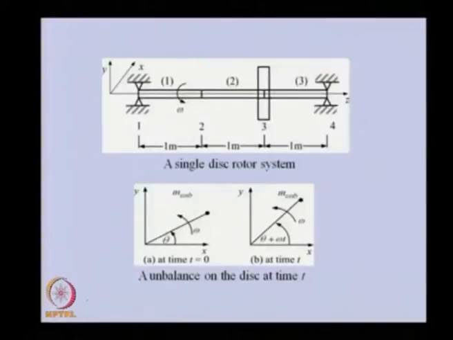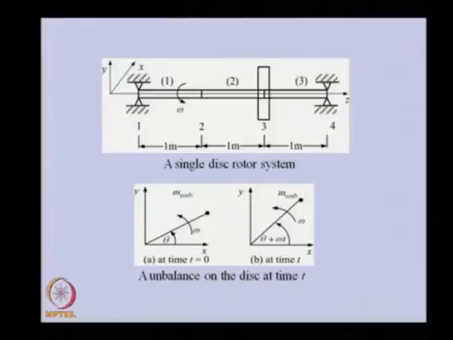So, in this particular case, because we are considering the unbalance which will be acting basically in 2 planes, we are considering the motion in 2 planes, x and y. As such, there is no coupling in the 2 planes because the bearings are rigid, but still for illustration purposes we are combining the 2 plane motion now.